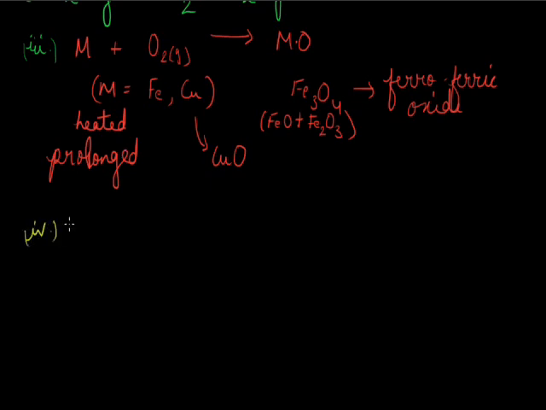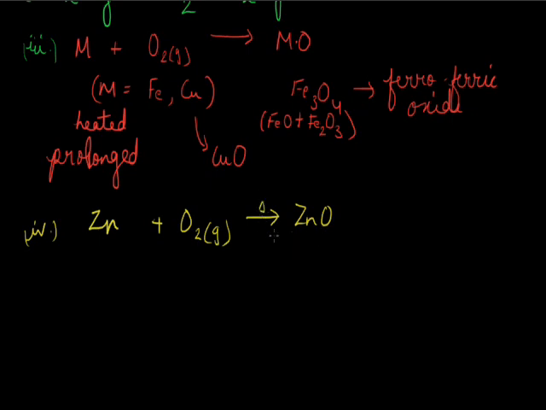The next example I am going to take is that some metals do not have to be heated, but only the temperature has to be raised. That is, metals like zinc do not have to be heated, only the temperature has to be raised, and then they react with oxygen and form zinc oxide. That is, they are formed above room temperature. So in this case also there should be heating.